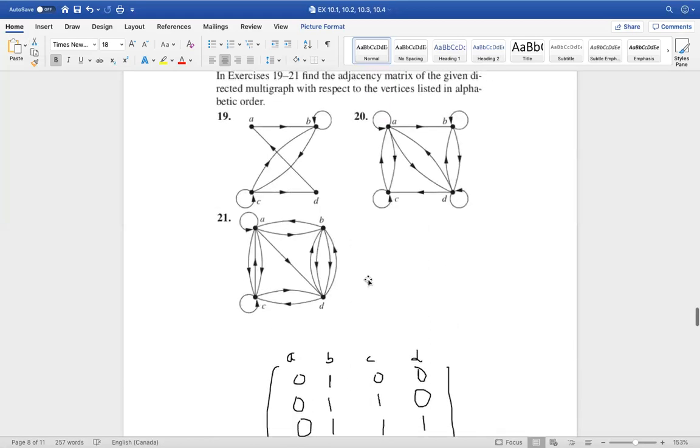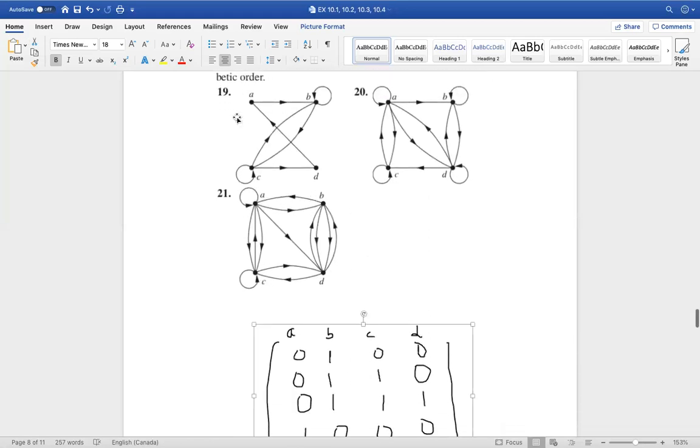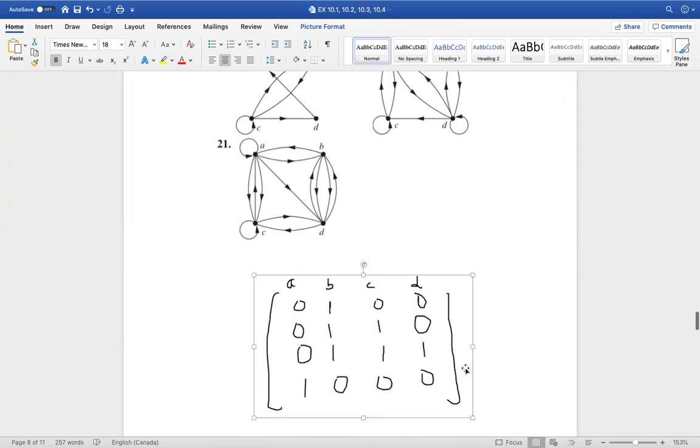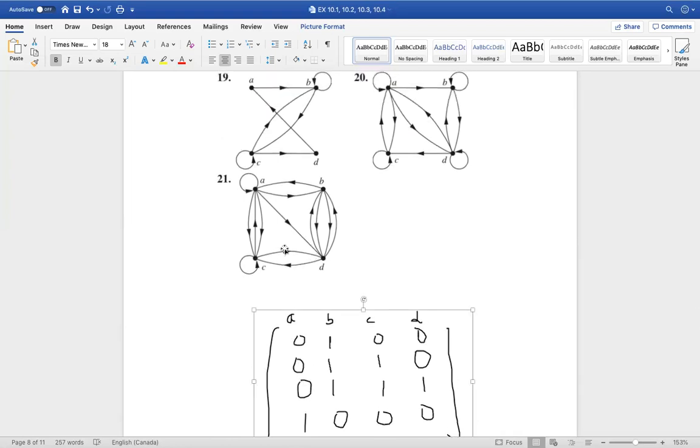So let's take question number 19 here. As you can see, I have created this matrix. On top of it, I am just writing it for my reference. So this column represents A, this one B, C, and D. Likewise, this row first is represented with A, B, C, and D. Okay, so now we put,